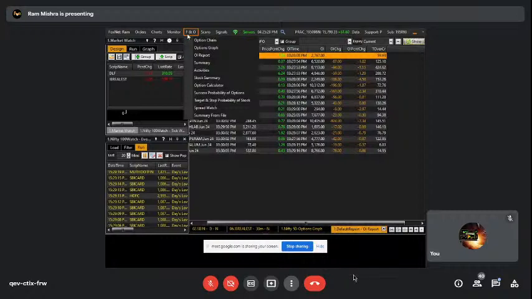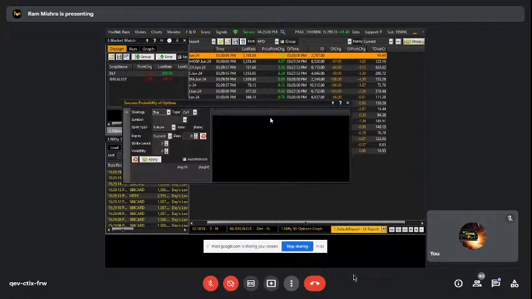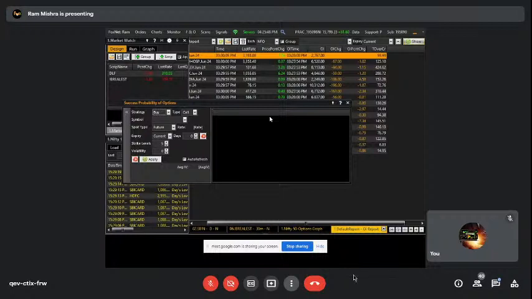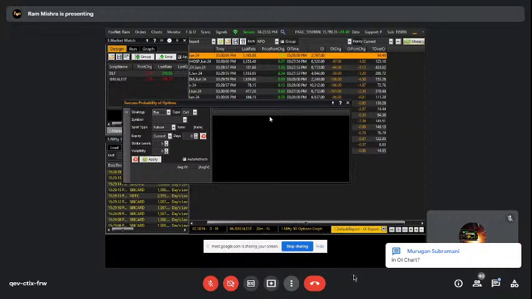And next, there is one more option, success probability of options. I'm focusing on the important options. This is the new feature we have introduced for those who have less knowledge of options. The main question is on which strike price we should go for buy or sell. It will work in live options. I am telling you what I have observed.